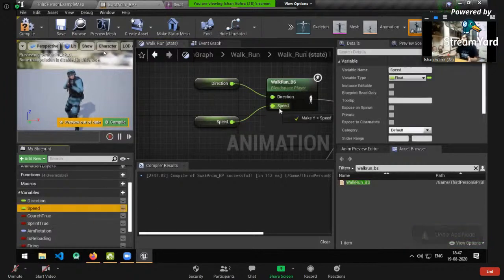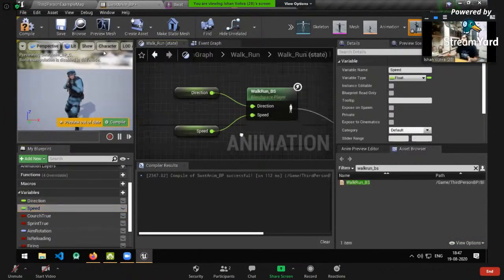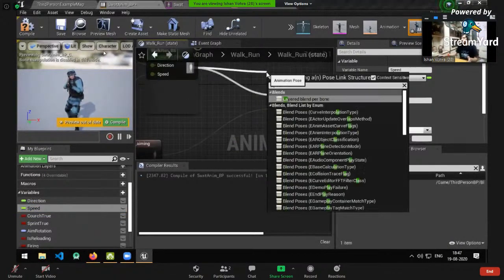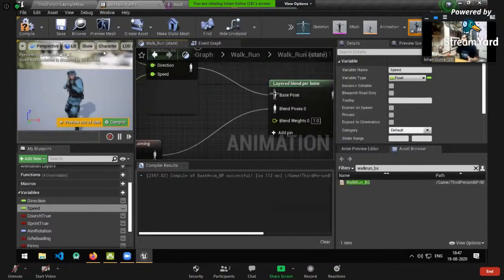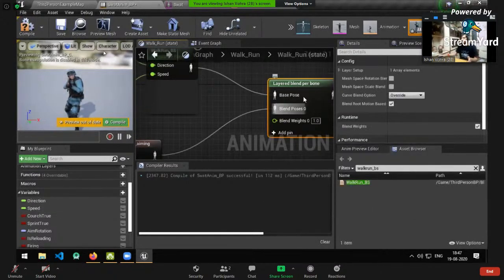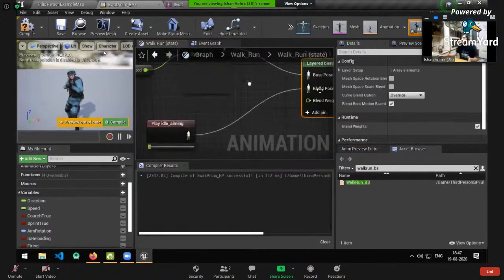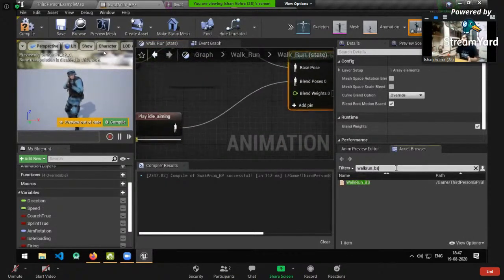Okay, and same with speed. So we did that, and then drag in layer and just drag this and type in layer blend per bone. Okay, so it will automatically connect the base pose to walk run underscore bs and drag in